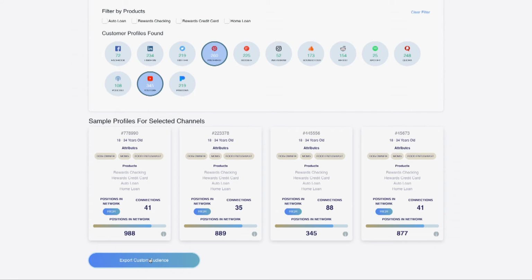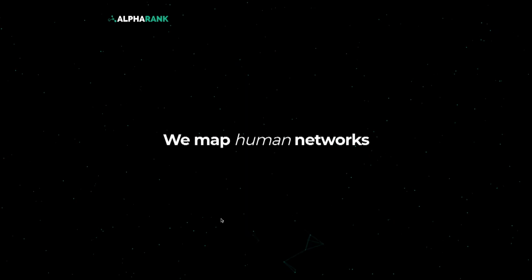As the campaign runs, Alpharank continuously monitors who converts to improve future predictions. And boom, we're done. This is how you go acquire the new customers you want at a fraction of the cost the sharks are paying, by casting a tight little net at the right type of people that are already resonating with your brand using the data you already have to guide you. In closing, Alpharank takes the data you have and turns it into an advantage you can start using today.